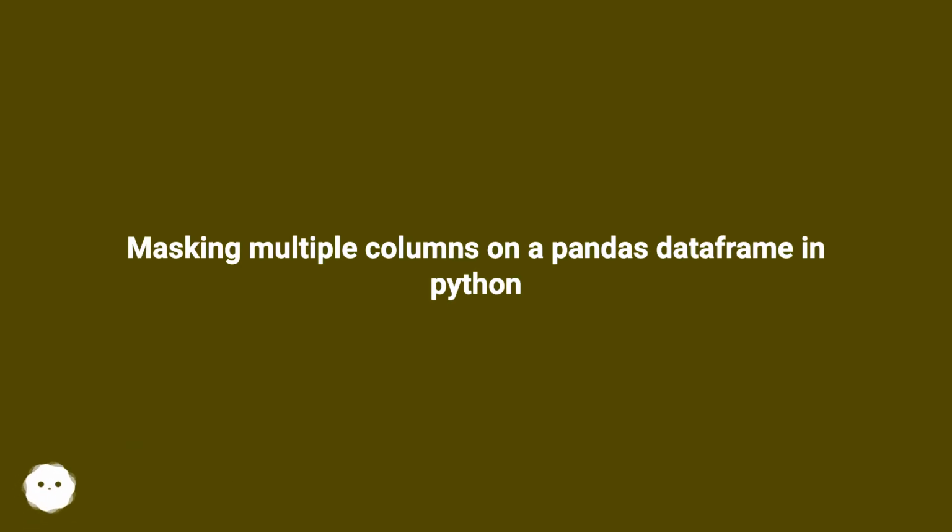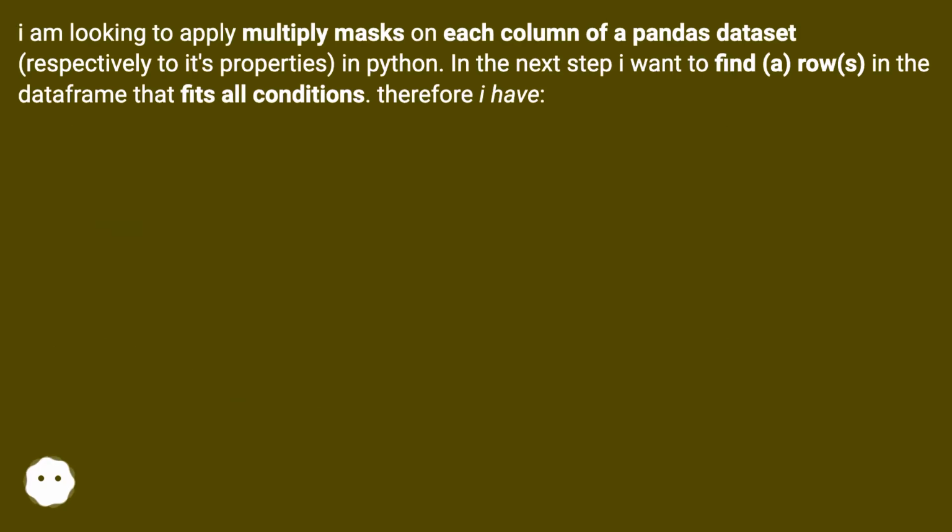Masking multiple columns on a Pandas data frame in Python. I am looking to apply multiple masks on each column of a Pandas dataset, respective to its properties, in Python. In the next step I want to find rows in the data frame that fit all conditions. Therefore I have